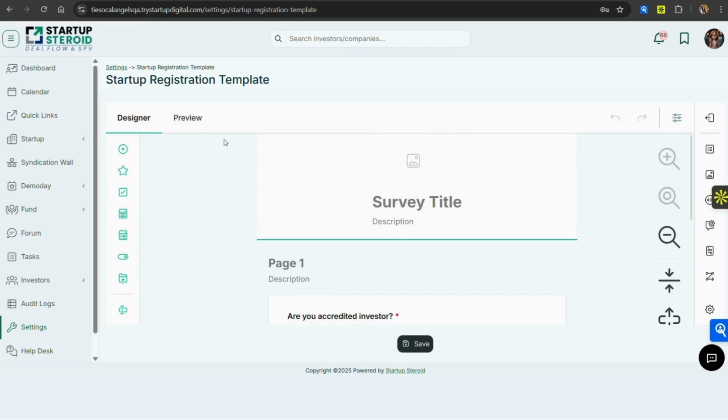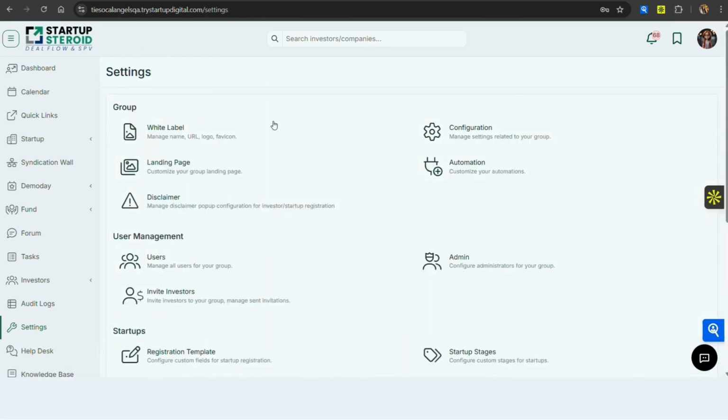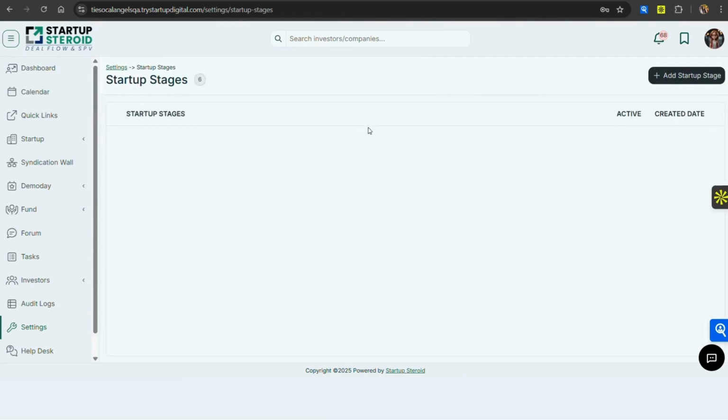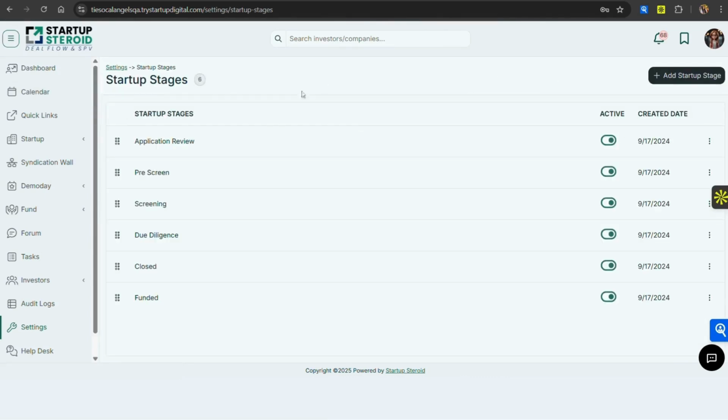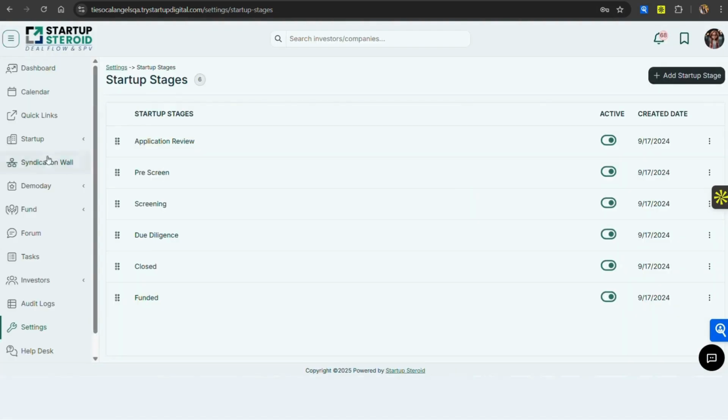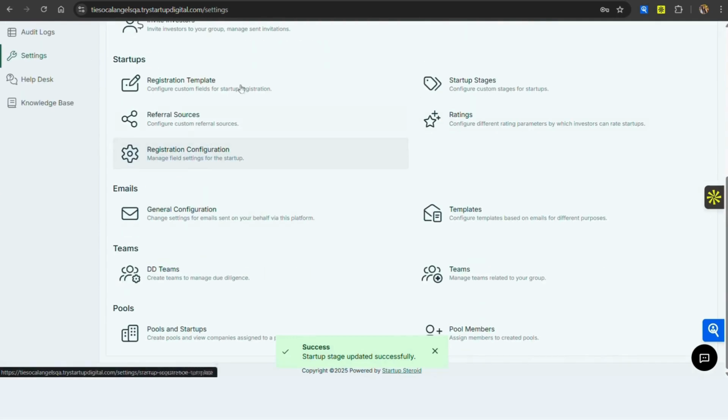Again, the creation process is fairly easy. It is similar to what you have in Google Forms. You can again define startup stages. Every investment group has their own startup stage. Every investment group has their own process. You can create a stage from here. Once you've named the stage, you can realign all of them based on how activities happen in your group. If something is different, you can just click on the toggle and deactivate it and go from there. So that will become your Kanban view, by the way.